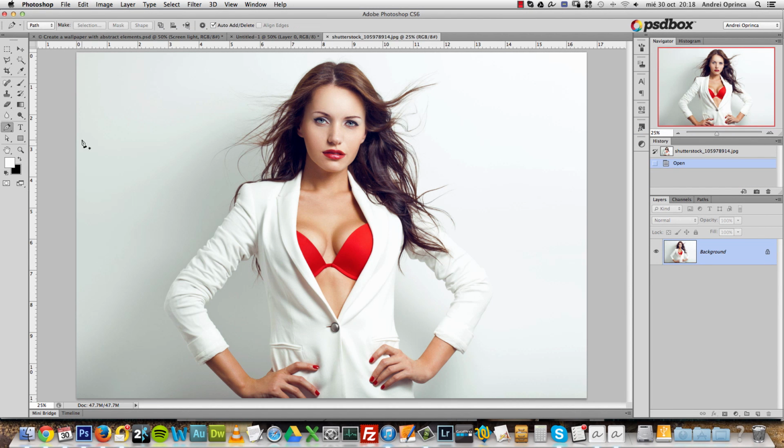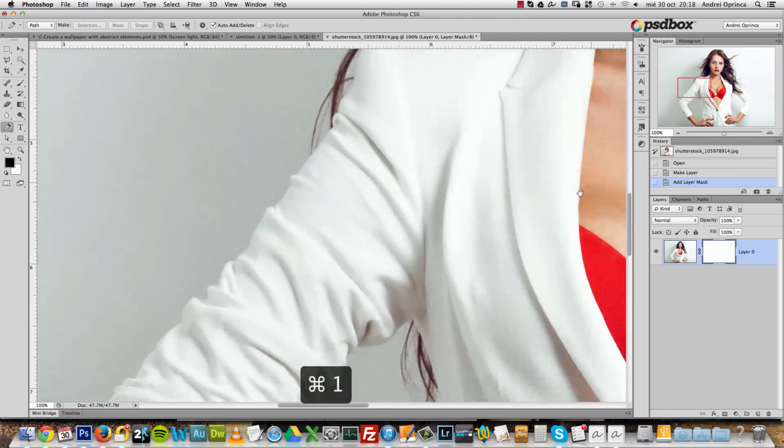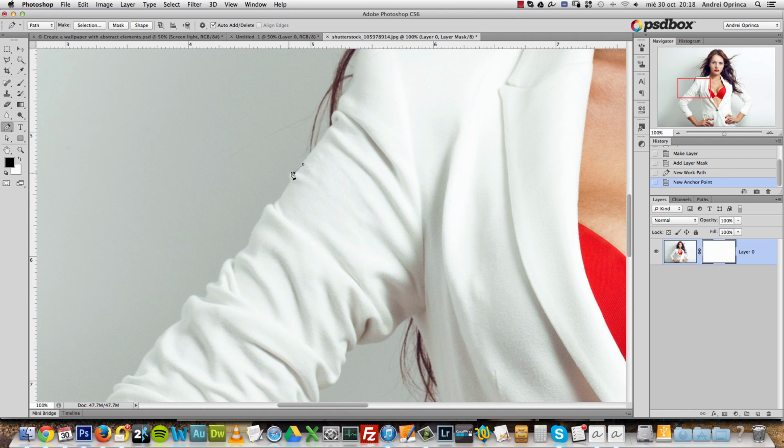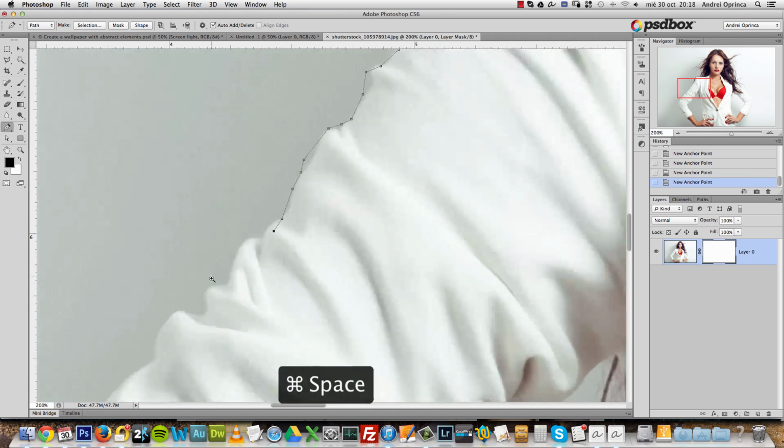So I got the pen tool. I set this here to path. So then create a layer mask, zoom in, and start your path somewhere here, and just follow it. I'm doing it really quick. Obviously you should